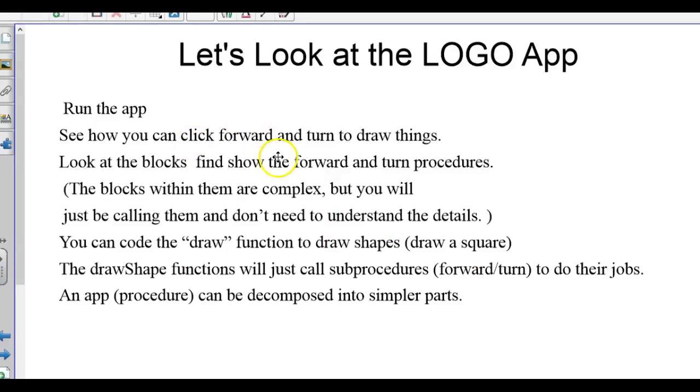So one of the things you guys are going to do is run the app and just kind of play with it a little bit. Look to see how you can click forward and how you can turn and draw things. Look at the blocks. Find the forward command and the turn procedures within the code. You can code the draw command function to draw shapes like the square we just talked about. And you can also make subroutines later that make this able to do a lot more complicated pictures, which we're going to get into doing. Before I let you go and do that, though,